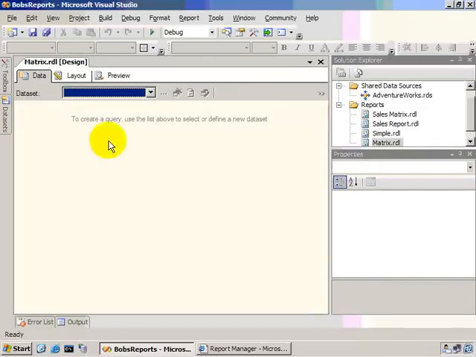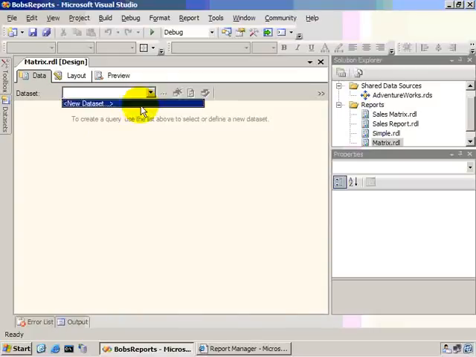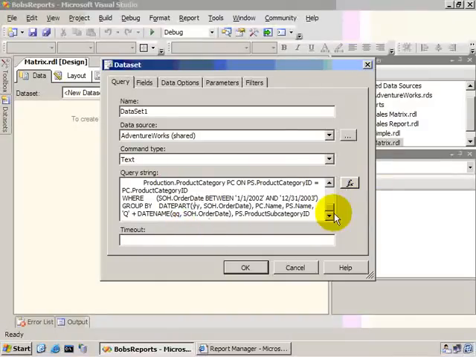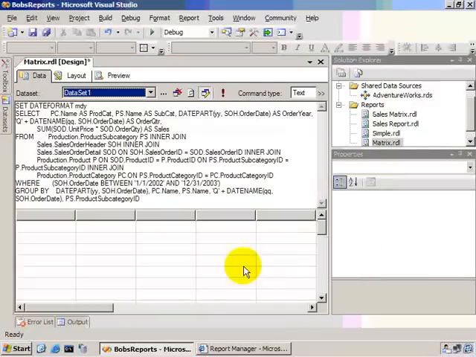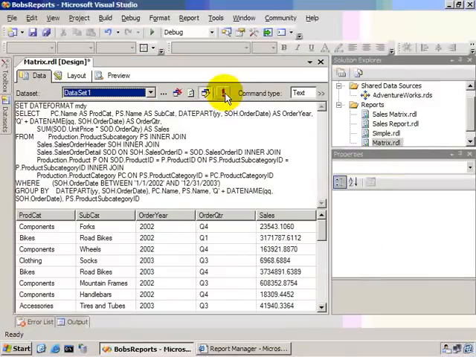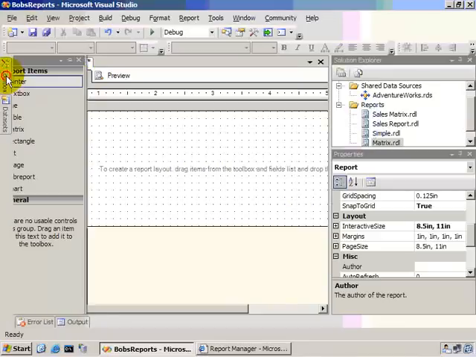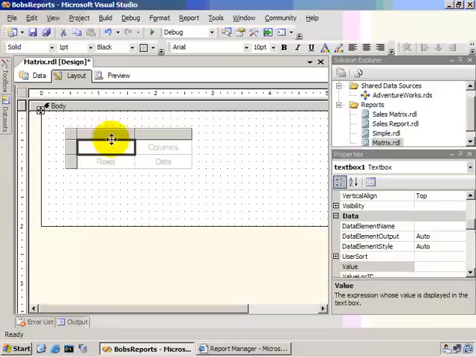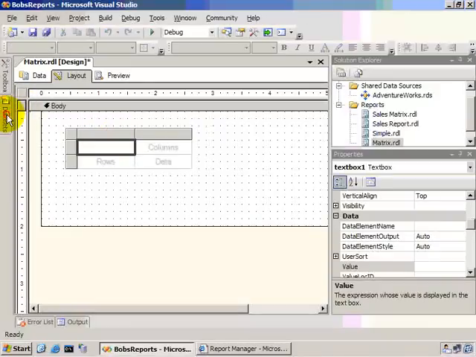matrix.rdl. We're going to need to specify a new data set, and for simplicity's sake I'm going to use the same query string that I used in that other report, just because I know that it has the data that I want to view. And I'm going to click OK here and test it to make sure we get good data. Great. Now let's go to the layout page, and I'll go to the toolbox and drag a matrix control onto the body. And I'll go to my data sets window,